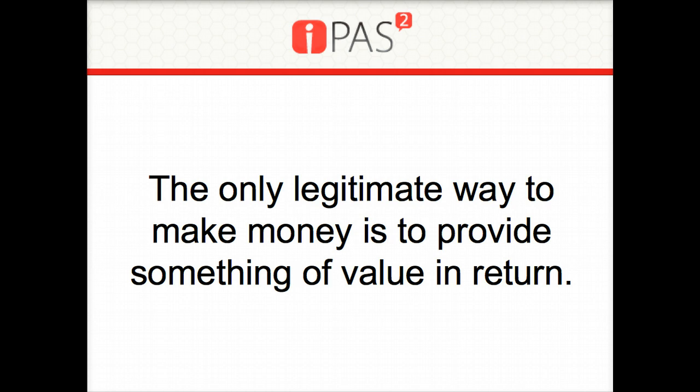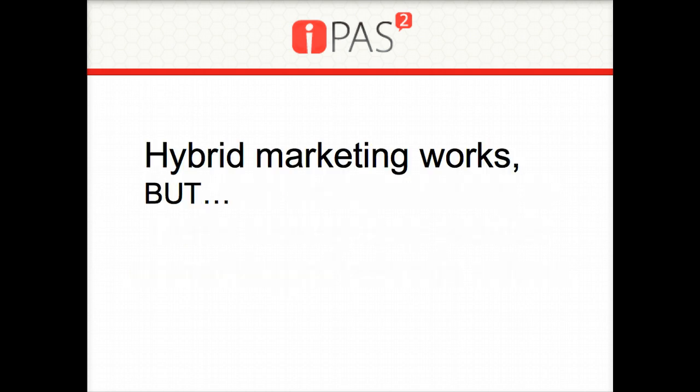So in my experience, combining the world of direct affiliate marketing with the power of the community and culture of a good multi-level marketing organization creates the best of both worlds. In effect, a sort of hybrid marketing. Now, hybrid marketing works, and works brilliantly for those who know what they are doing, but many professionals who joined